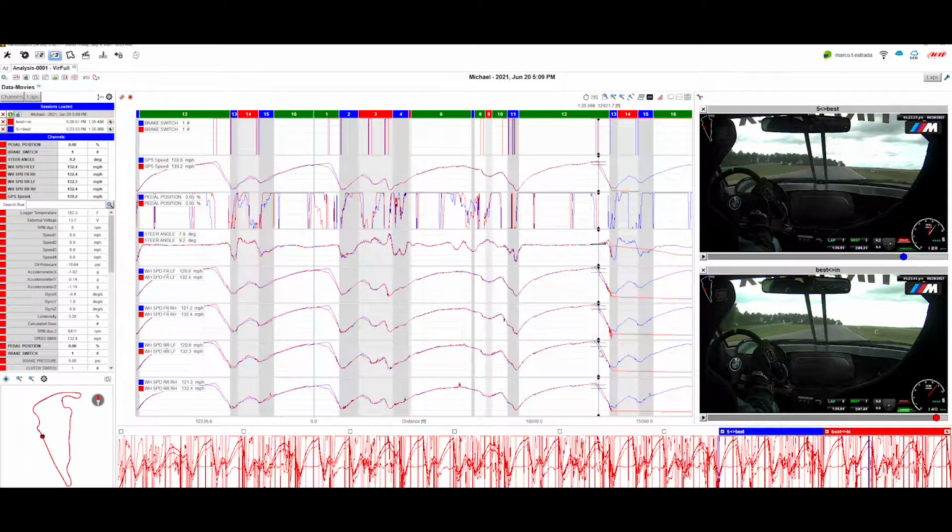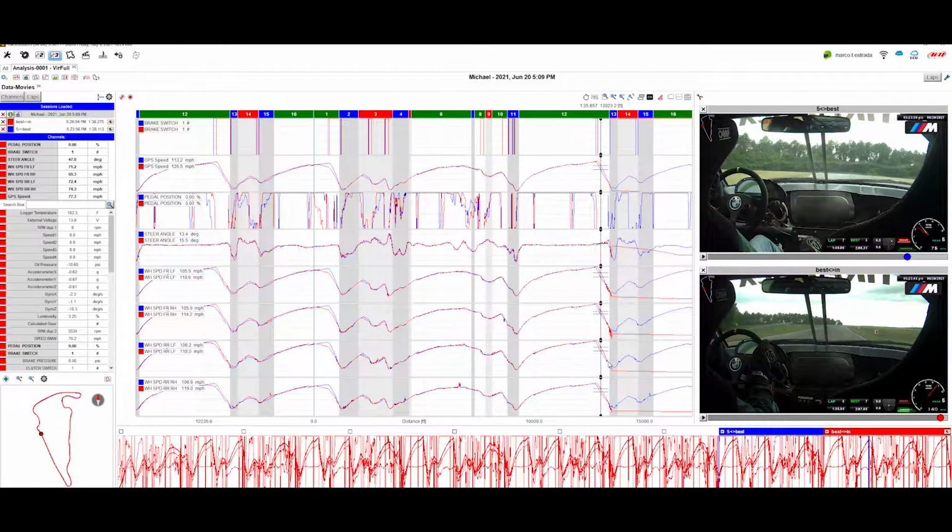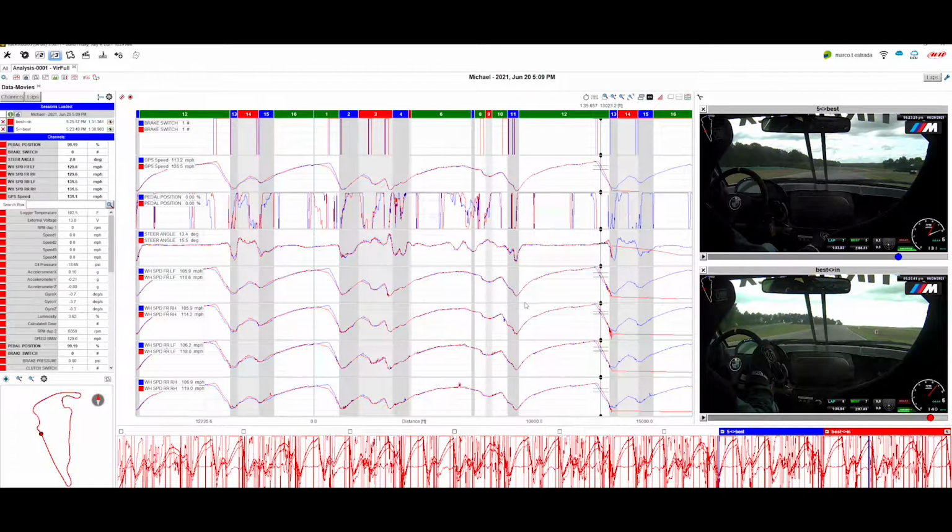The car was braking harder on the bad lap, but that is you probably pressing the pedal harder just to try to slow down the car, right? Which results in a slower speed from one place to another, and that seems to be the case that we're not seeing any issues